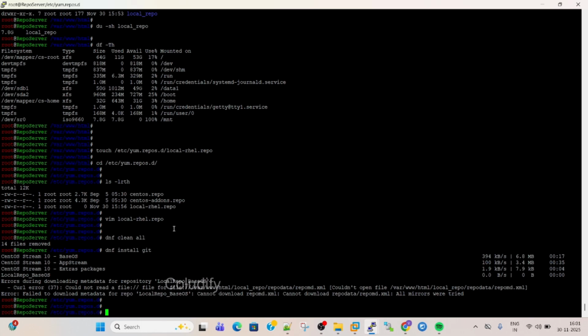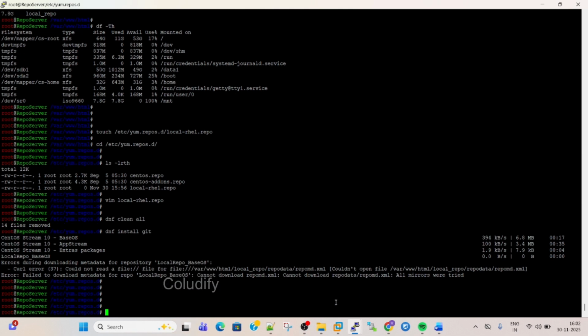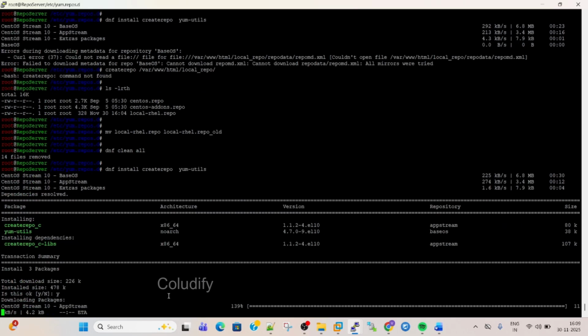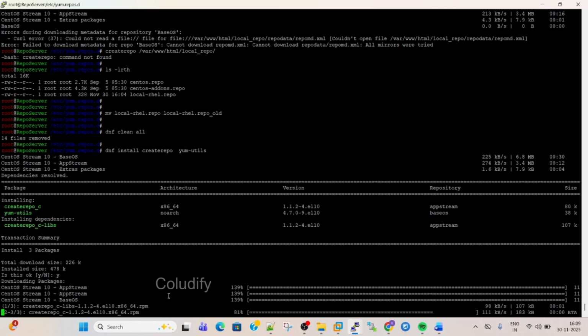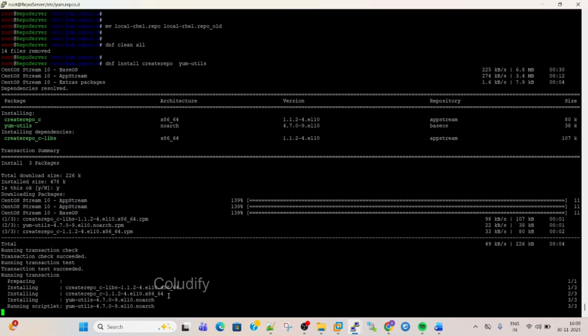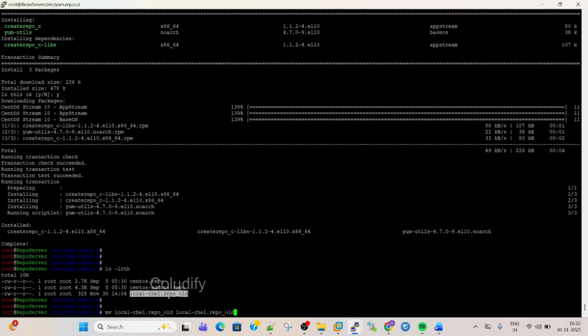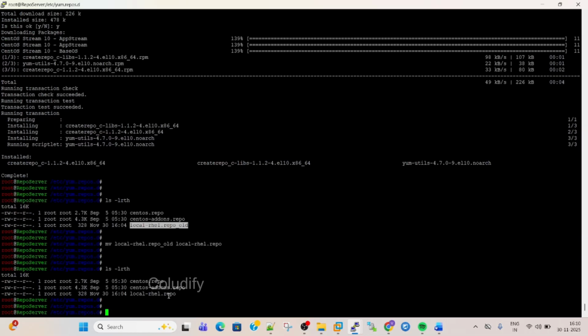So we check what the issue is. To verify the issue, we have to run dnf install createrepo. This is a utility. Here we first install createrepo and the yum-utils package. After installing these packages, we again rename that local repo. Why do we do it like this? Because when we create a local repo, at that time